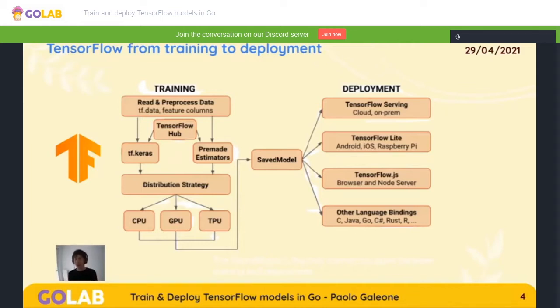TensorFlow comes with separated environments for the training and for the deployment. As you can see, in Python, we can do all the training stuff. We can do the data processing, the model training, the model selection, and we can choose any target device for doing the training, so we can train on CPU, GPU, or TPUs for having the best performance. And after that, before the deployment, we must export our selected model in this format that is